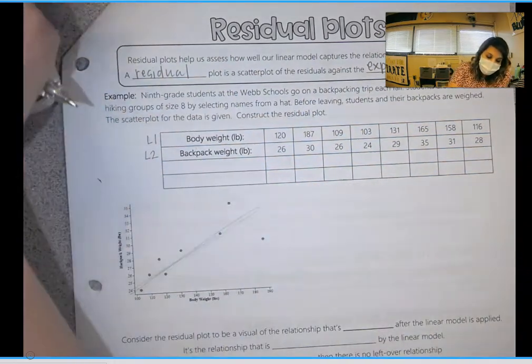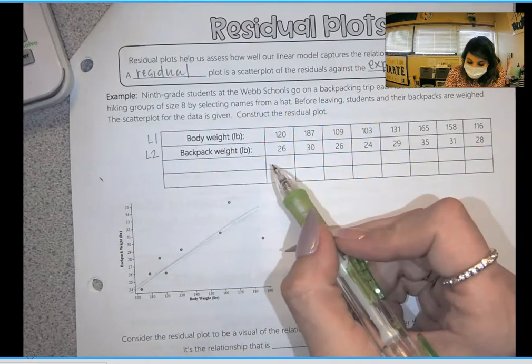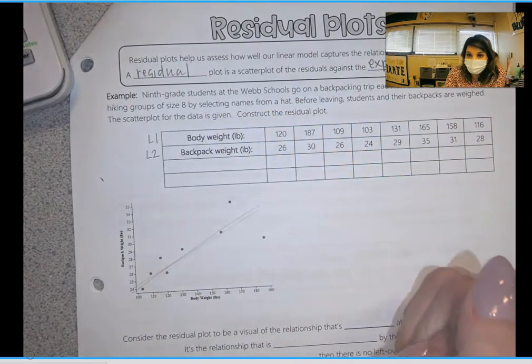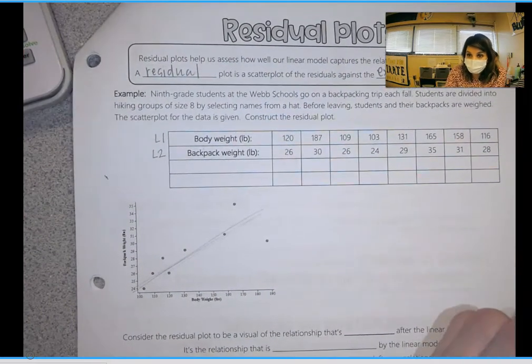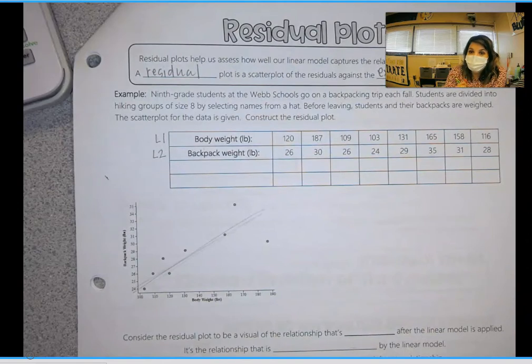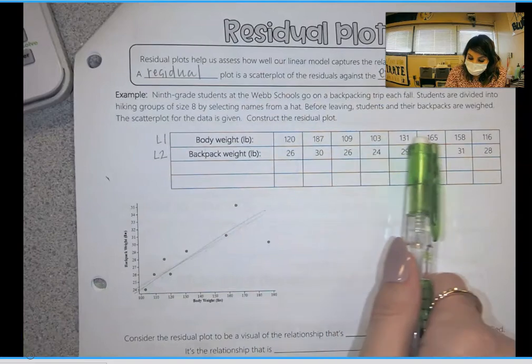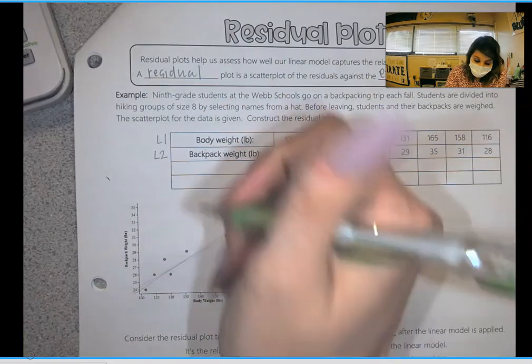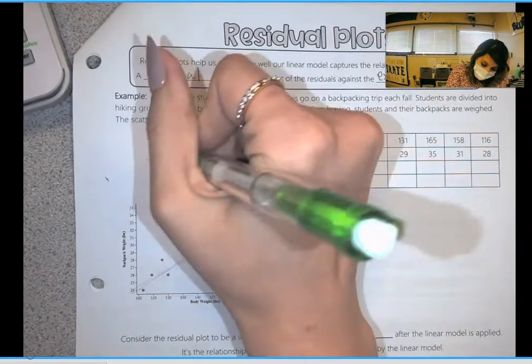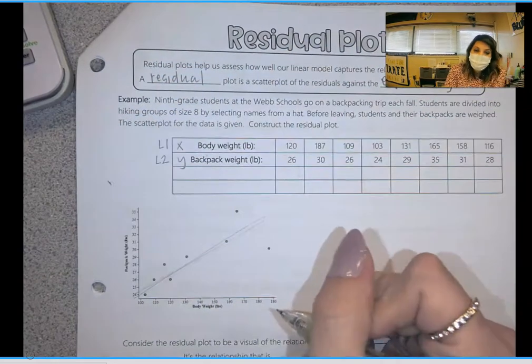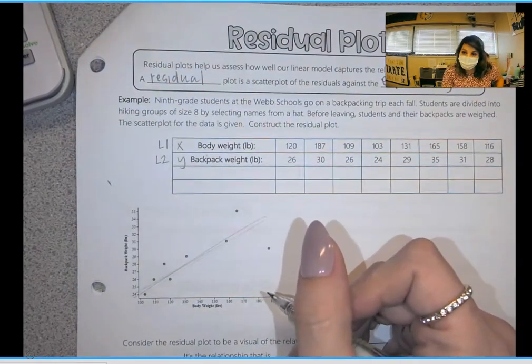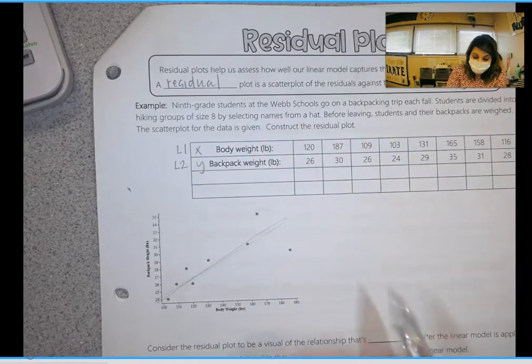What we need to do in order to find our residuals, because this is a residual plot, is know the predicted y for all of these x values. We have x and y, but to calculate the residuals needed for a residual plot,